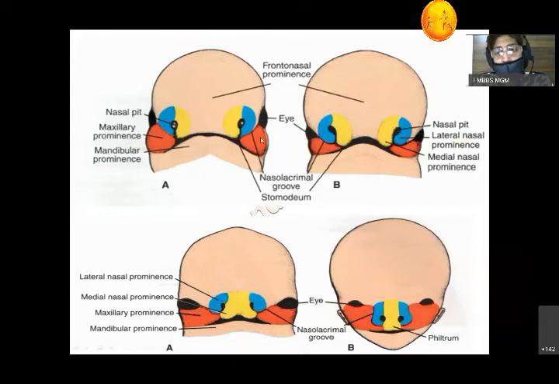Okay. So here you can appreciate these are the lens placodes, nasal pit formation is there, and in this figure you can clear cut see that nasal pits, they are communicating with the stomatodium. Okay, so up till now they are not separated. Now the maxillary process in the lower figure, you can appreciate this maxillary process fuses with the blue colored lateral nasal process.